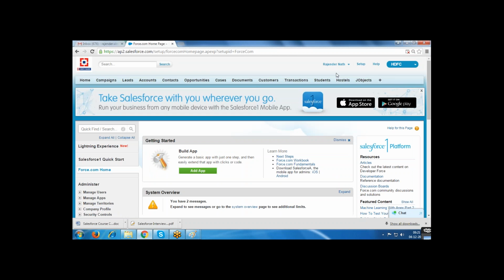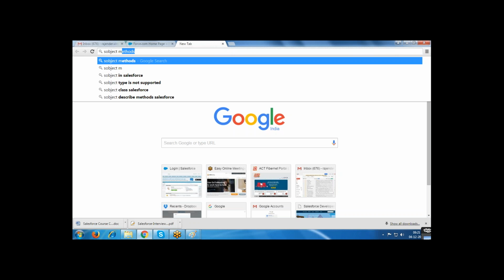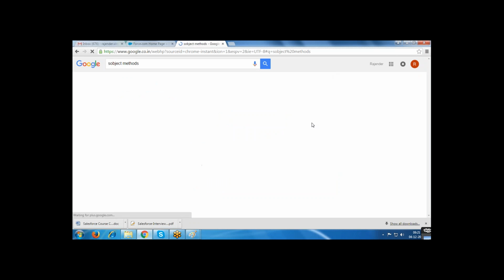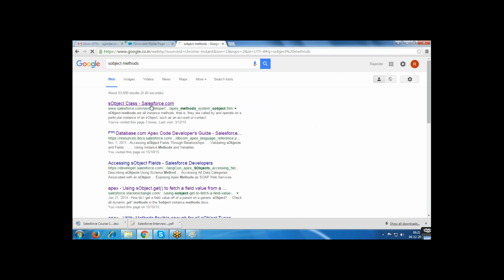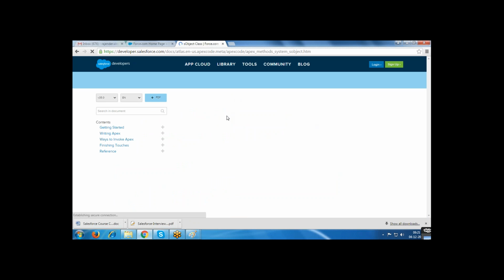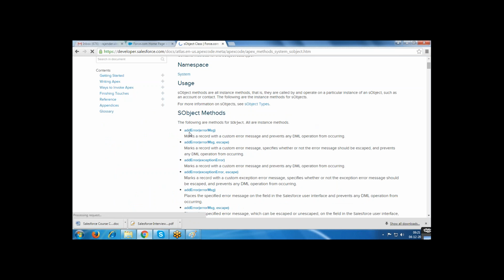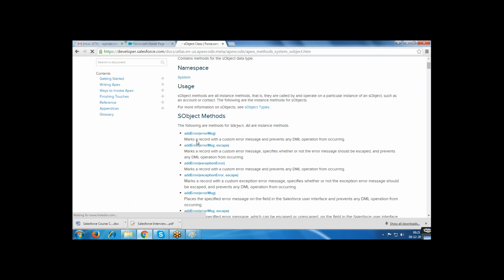Here we have one class, SObject class. There is one method, addError method. It makes a record with a custom error message and prevents any DML operation from occurring.